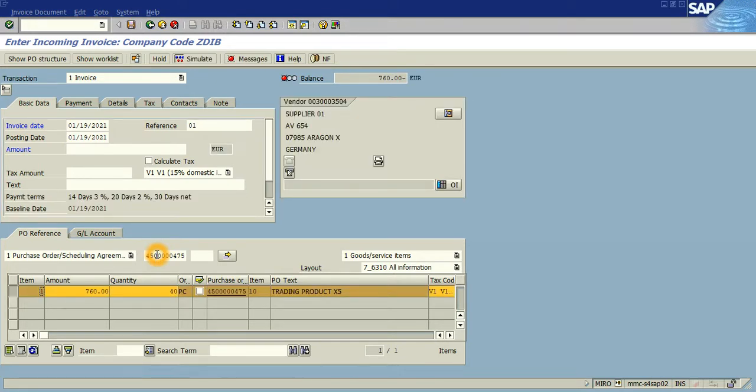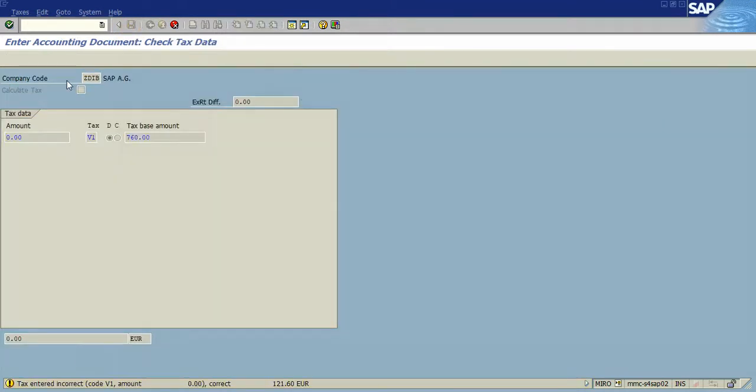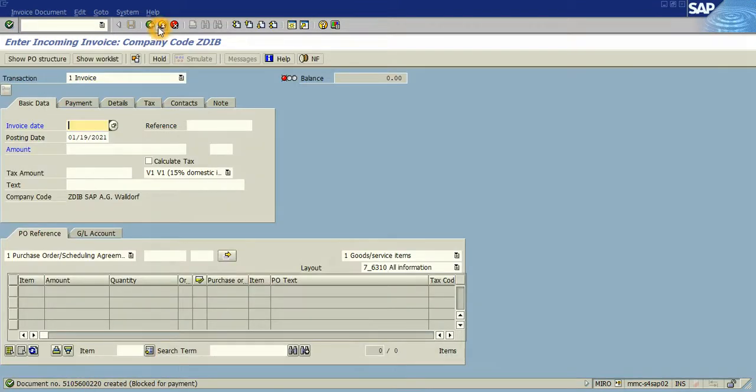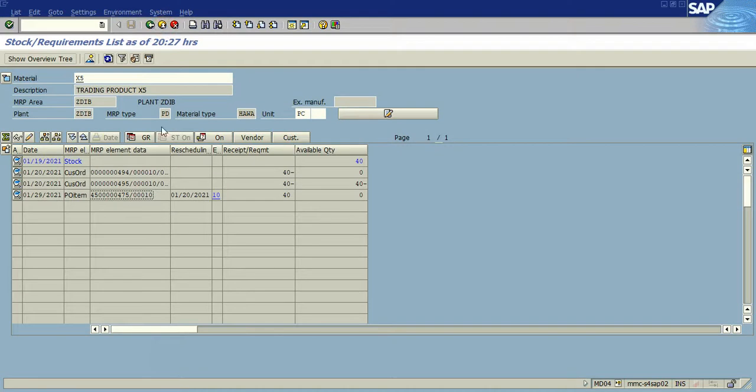This will bring the total amount for this purchase order. We can enter here the amount, click on continue, and save this one, continue. So the document was created, and now the purchase order was received, and also the invoice was created for accounts payable. So when I refresh, we are going to update the quantity to 40,